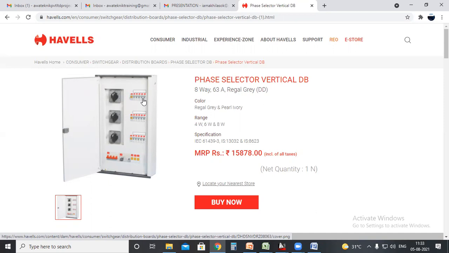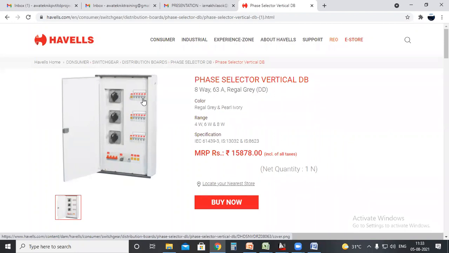But if you are having a PDB, a power distribution board, in your building, you will not get permission for this type of DB. You will not have permission for the phase selector rotary switches. Considering the issue of power outage in a particular phase, the client will check whether it is available for the PDB. But as per the standards and rules, for power circuits it is not permissible.